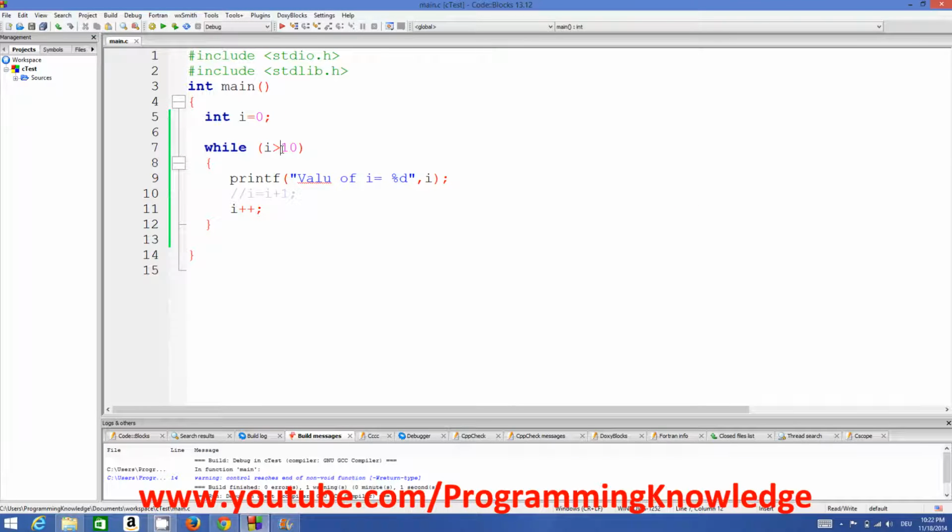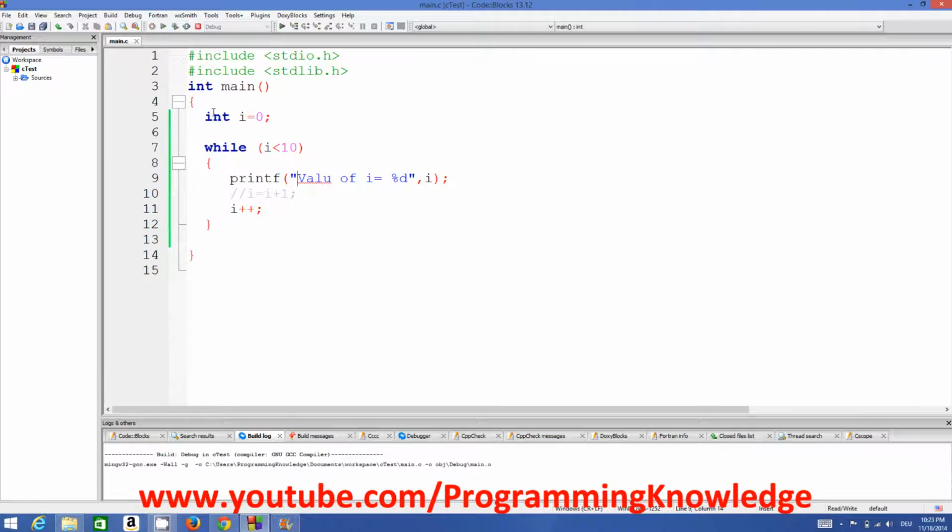But when we check i is less than 10, then because the value of i is equal to 0, it goes to this while, and it checks this condition whether 0 is less than 10, and it will say yes, 0 is less than 10. Then execute this code, which will print 0 and then increment the value of i by 1, which is 0 plus 1 is equal to 1, and then it will do it again and again until this condition is met. So let's compile and run the program,